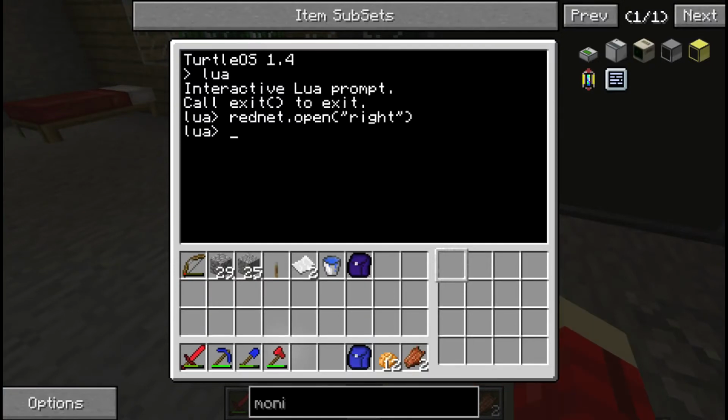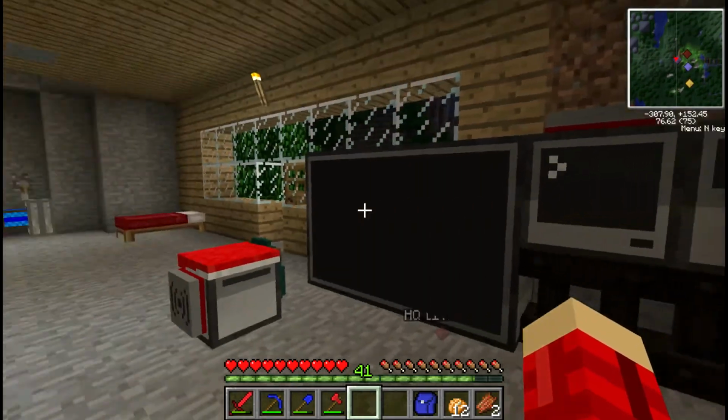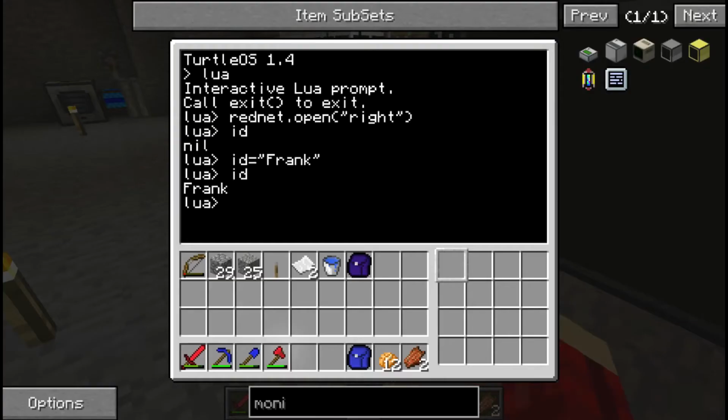Now we should set this guy an ID. He doesn't have an ID, so we're going to label him Frank, because that's his name. So now ID should return Frank. Awesome. Next step, we want to be able to send messages from this guy to this guy. So if we... let's see. I should be able to put...